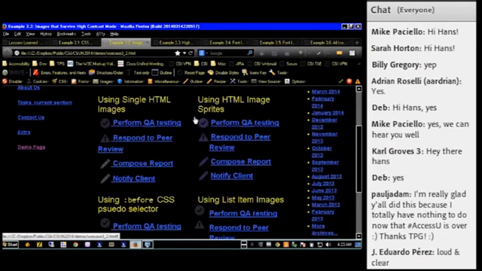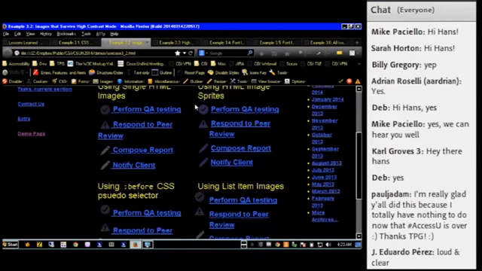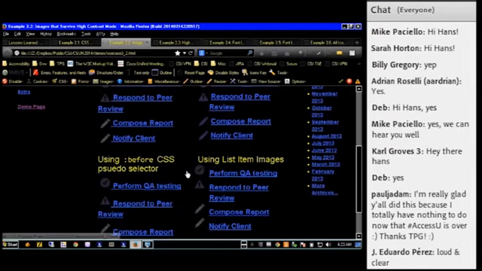And I'll turn high contrast mode off. This is an example of a sprite image. So what we've done here is each of these images loads the sprite as an image source, and it then clips the image to only show the particular icon that you're interested in.